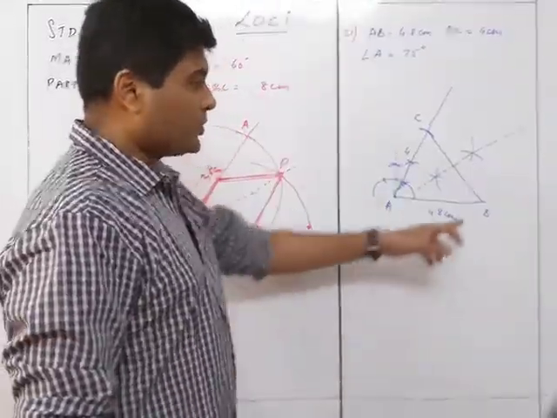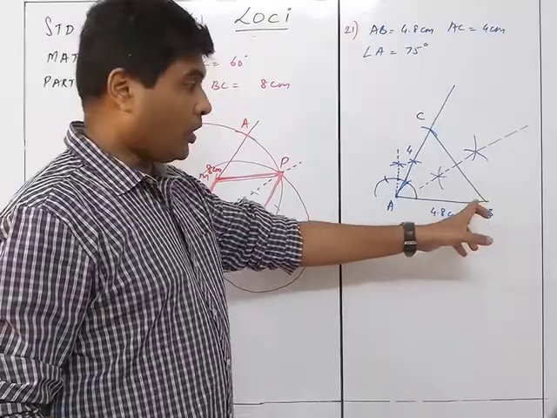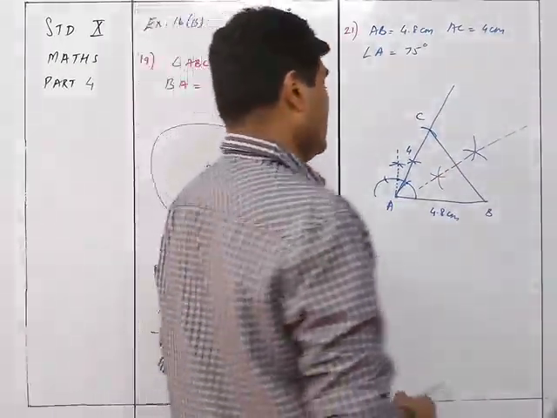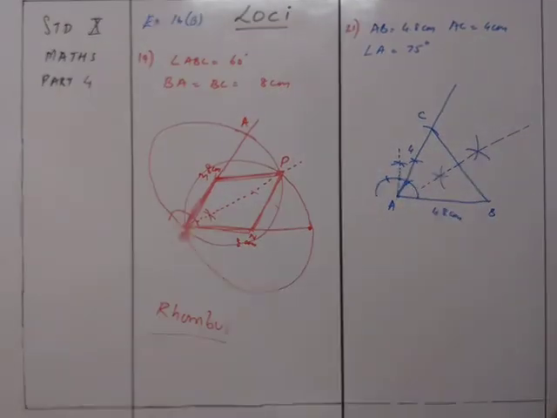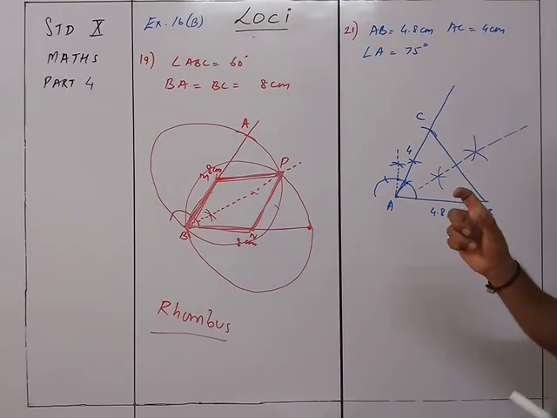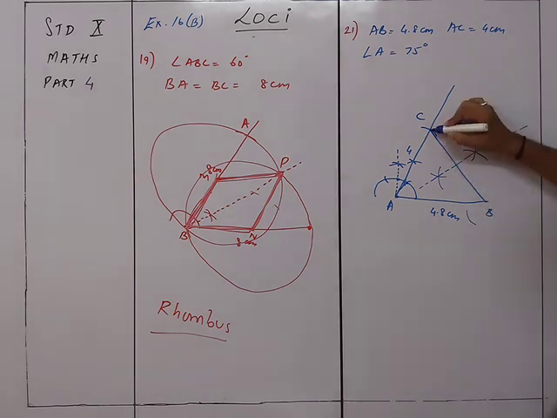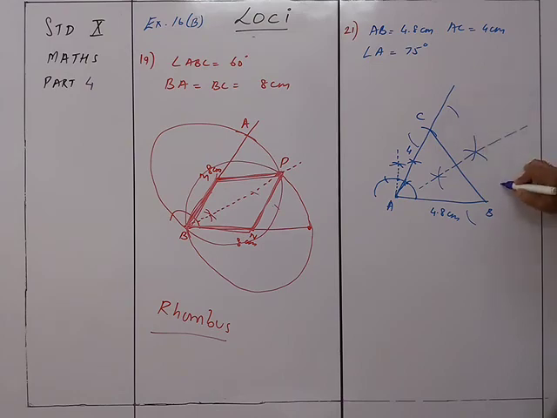You are going to draw parallel lines on both sides of BC at 1.2. So how do you draw that? You can use the umbrella method. What you do is, you take a radius of 1.2 from here, and from here you draw an arc of 1.2. Or from C you draw an arc of 1.2. Here also you draw an arc of 1.2. Here also you draw an arc of 1.2.